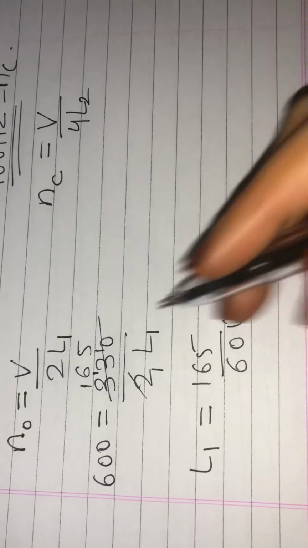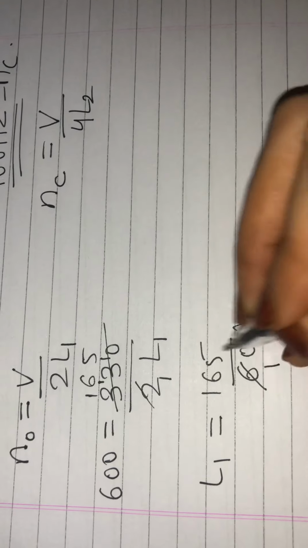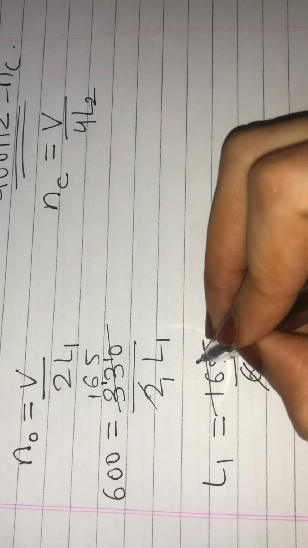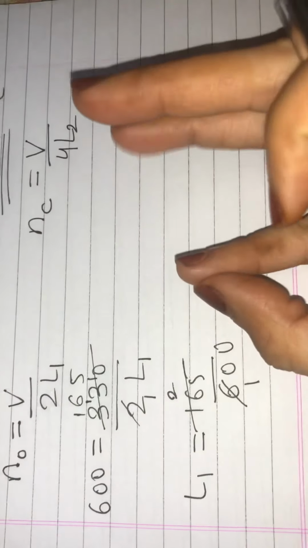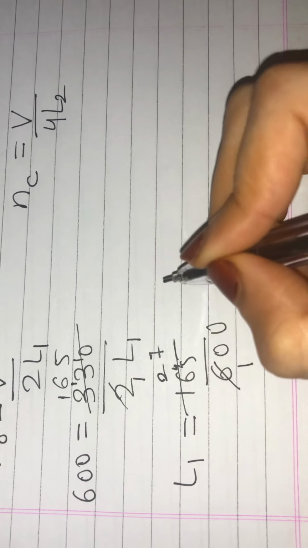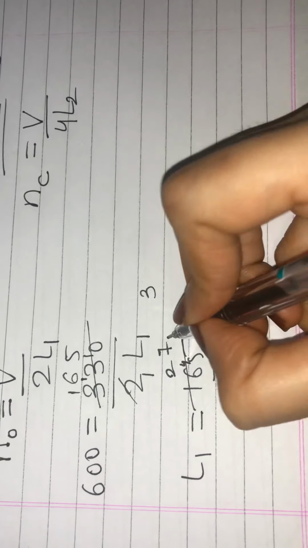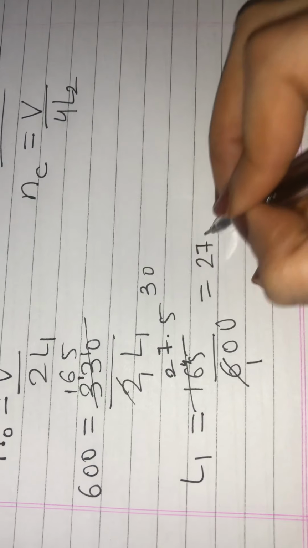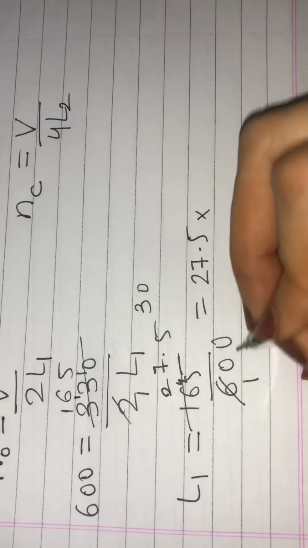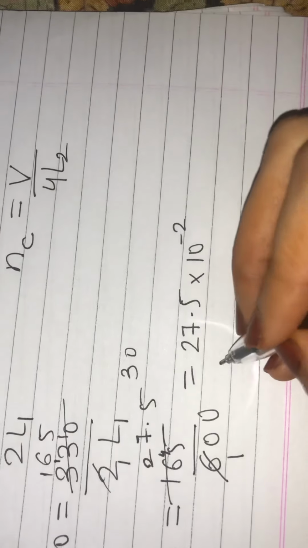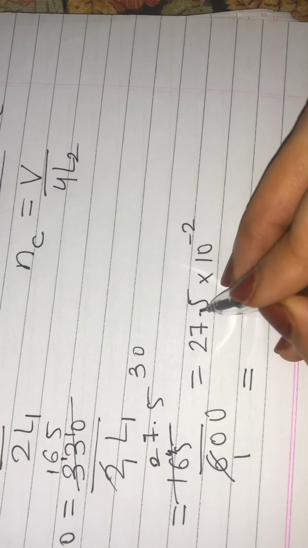600 comes over here, L1 goes over here. Now 6 ones are 6, 6 threes are 18, 6 twos are 12, 13, 14, 15, 16, 4 remains, 6 sevens are 42, 3 remains, point, 6 fives are 30. So it is 27.5 into... these 2 zeros will go in the numerator, that will become 10 raised to minus 2. So if I use this 10 raised to minus 2, now let's see,